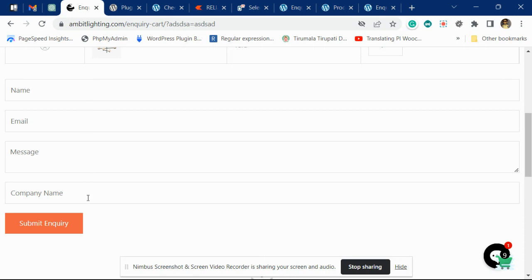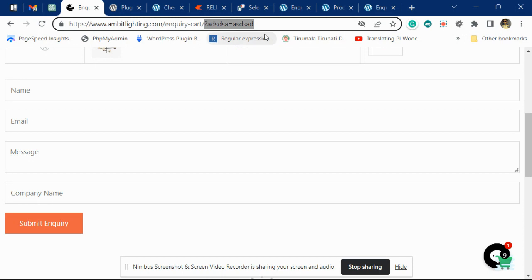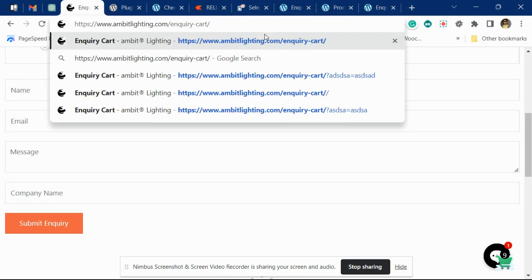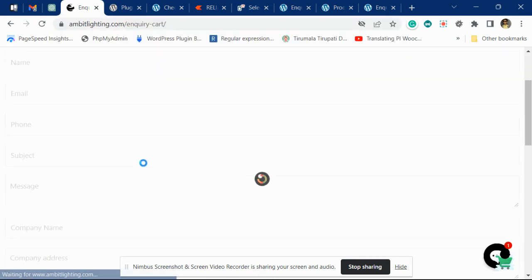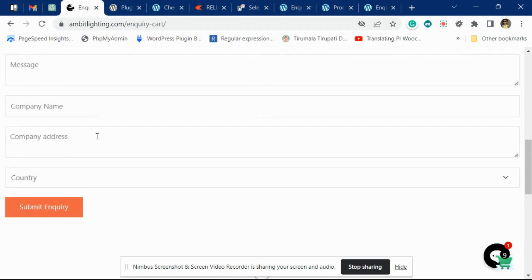This is the form that you have configured right now. This particular random string is making it bypass the cache. But if you remove this, it will be served from the cache, and so you will see all the form fields. Okay, so make sure to remove